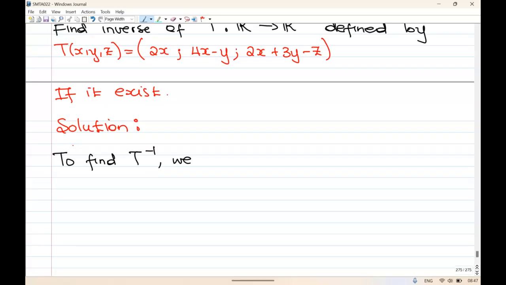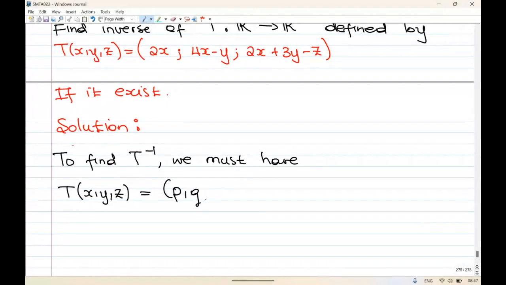So colleagues, in order to find the T inverse, we must have the following. You must have your transformation of (x, y, z) equal to this unknown (p, q, r). You can come up with your own. And we must agree that